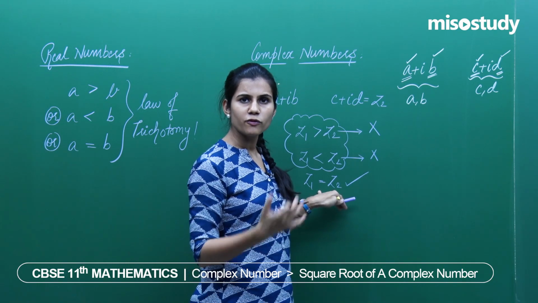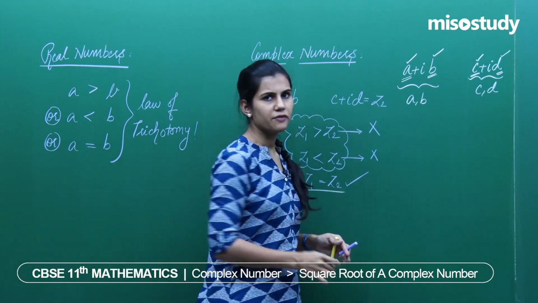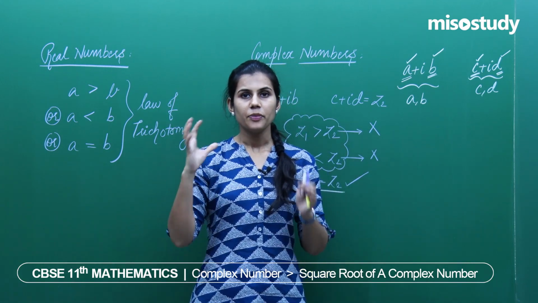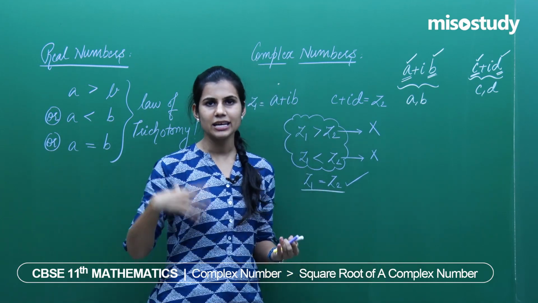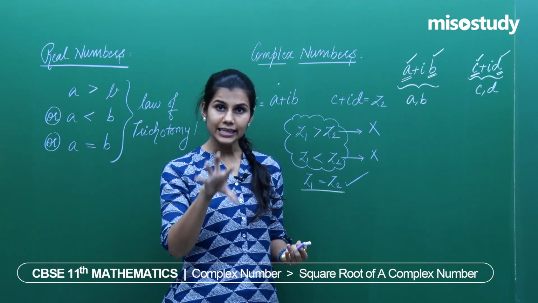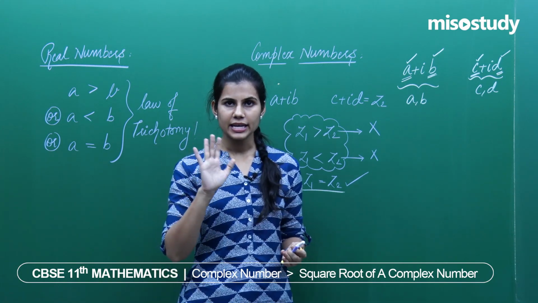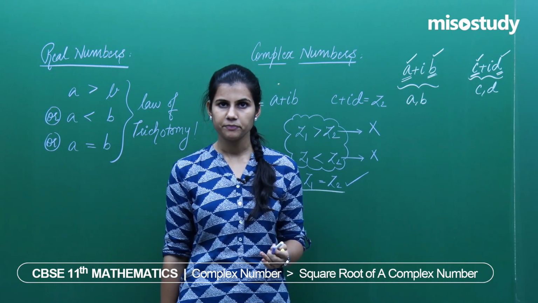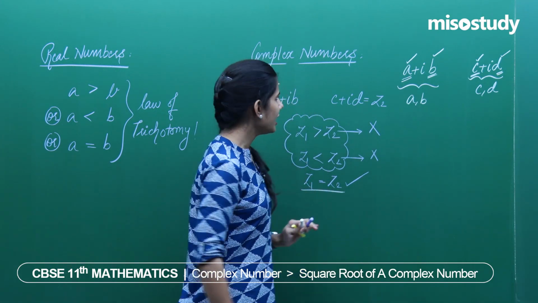You have learned the concept that two complex numbers are equal when the real parts are equal and imaginary parts are equal. So, the equality concept definitely holds, but when I am talking about specific comparison as to one being greater than the other, that concept is lost when you move out of the set of real numbers. The moment you start handling complex numbers, iota, a plus iota b, c plus iota d type of numbers, that means you are no more in the real number set, the comparison factor gets lost. So, no two complex numbers can ever be compared, but yes, any two real numbers can always be compared by the law of trichotomy. So, when I talk about complex numbers, understand one thing very carefully, I can never compare